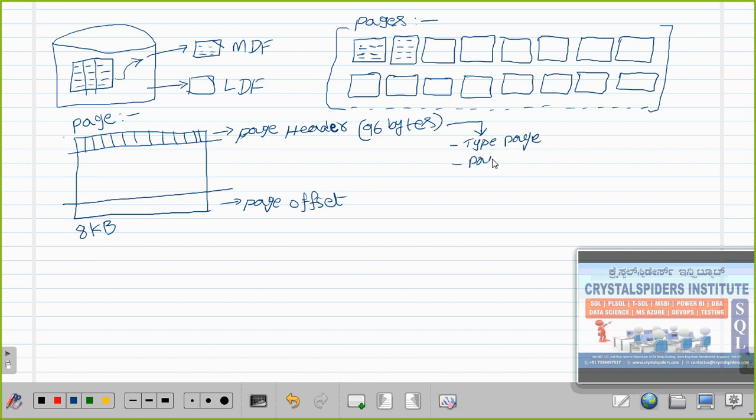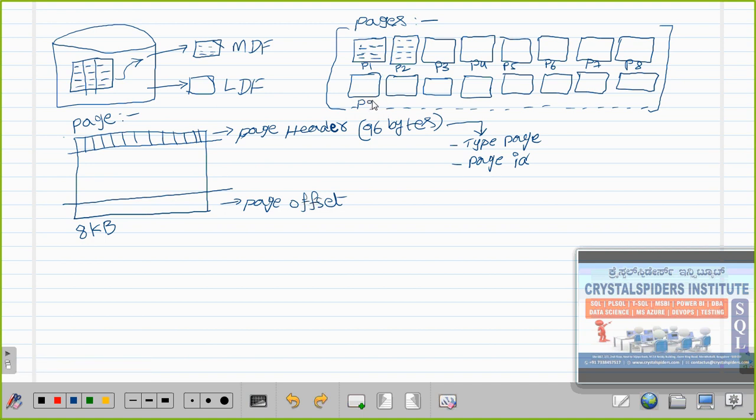and the page ID. Every page will have one ID, guys. In this diagram we have a total of 16 pages, and every page will have one ID. Let's say this is page P1, this is page P2 and P3, something like that. Every page will have one ID, P5, P6, P7 and P8. You can give any number, just for our reference and understanding. I said P1, P2, P3, something like that. And this is P9.